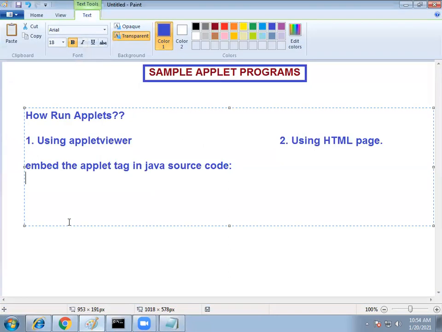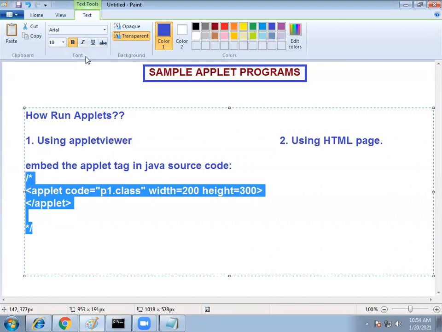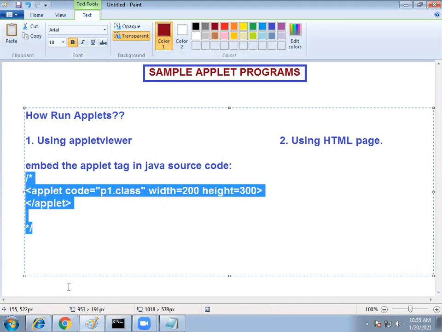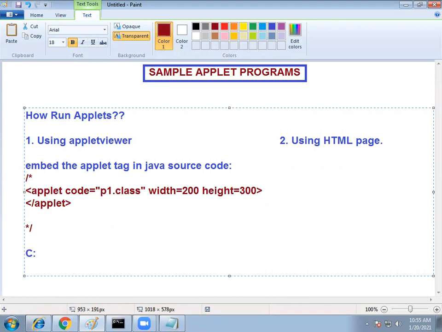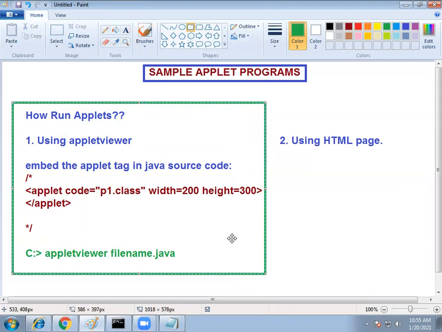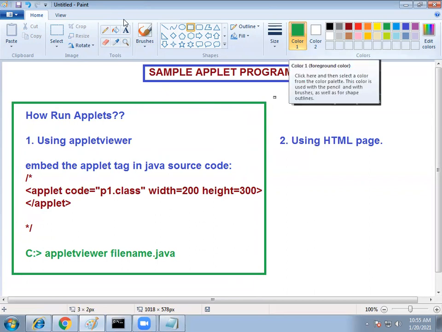Simply embed this code inside the Java source code, and then run the code using appletviewer filename.java. This is one way of running applets.